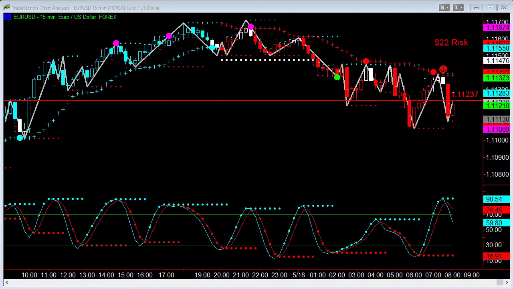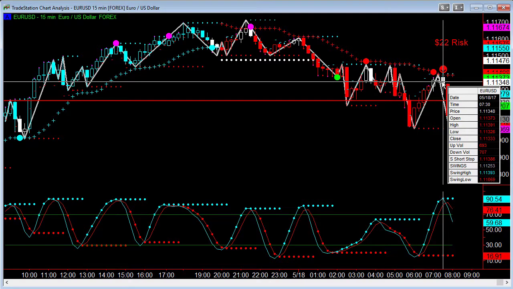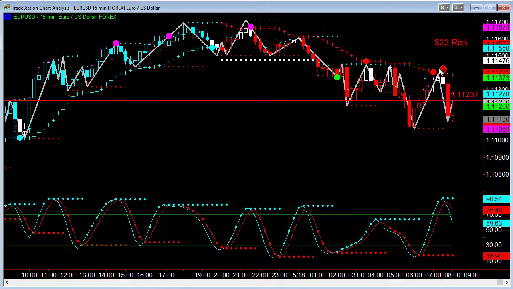It's Gail with Traders Help Desk, and this is a trade I'm currently in on the euro dollar. I entered at the opening of this bar. The opening price was 1.1137, and I went out of the money to 1.1124. But I have a zigzag indicator on here because I realize that helps new traders identify the highs and